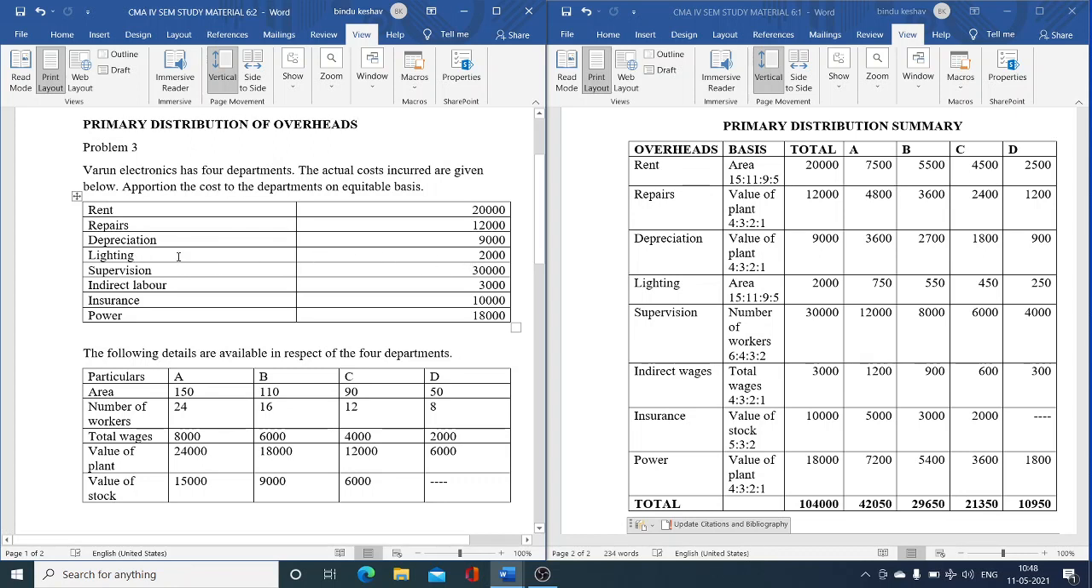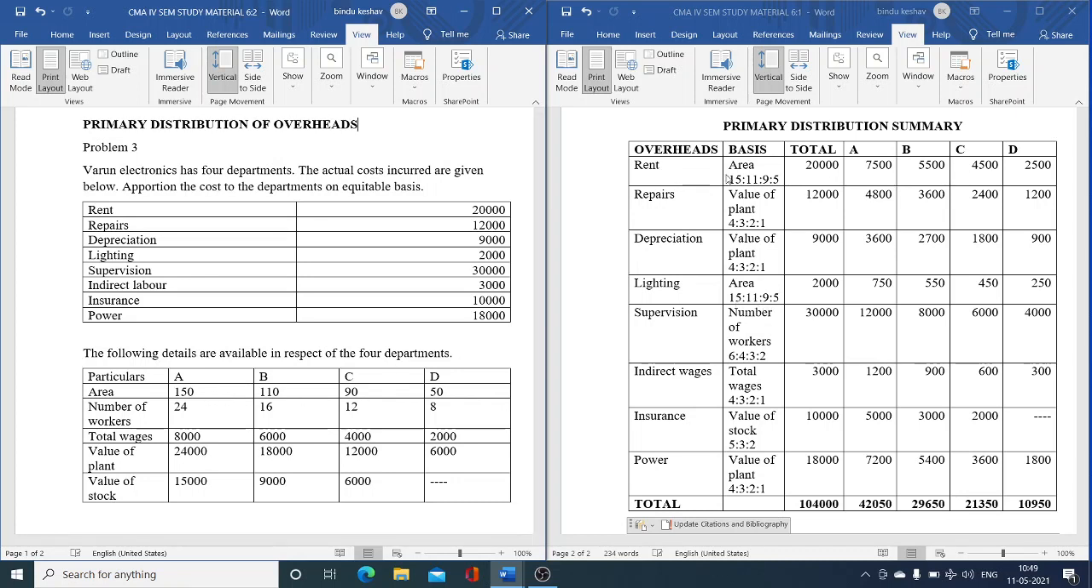Lighting is always based on the light points. In this case we do not have information about light points. So the next item which we can take for distributing lighting is area. The area information is given: 150, 110, 90 and 50. So the ratio is